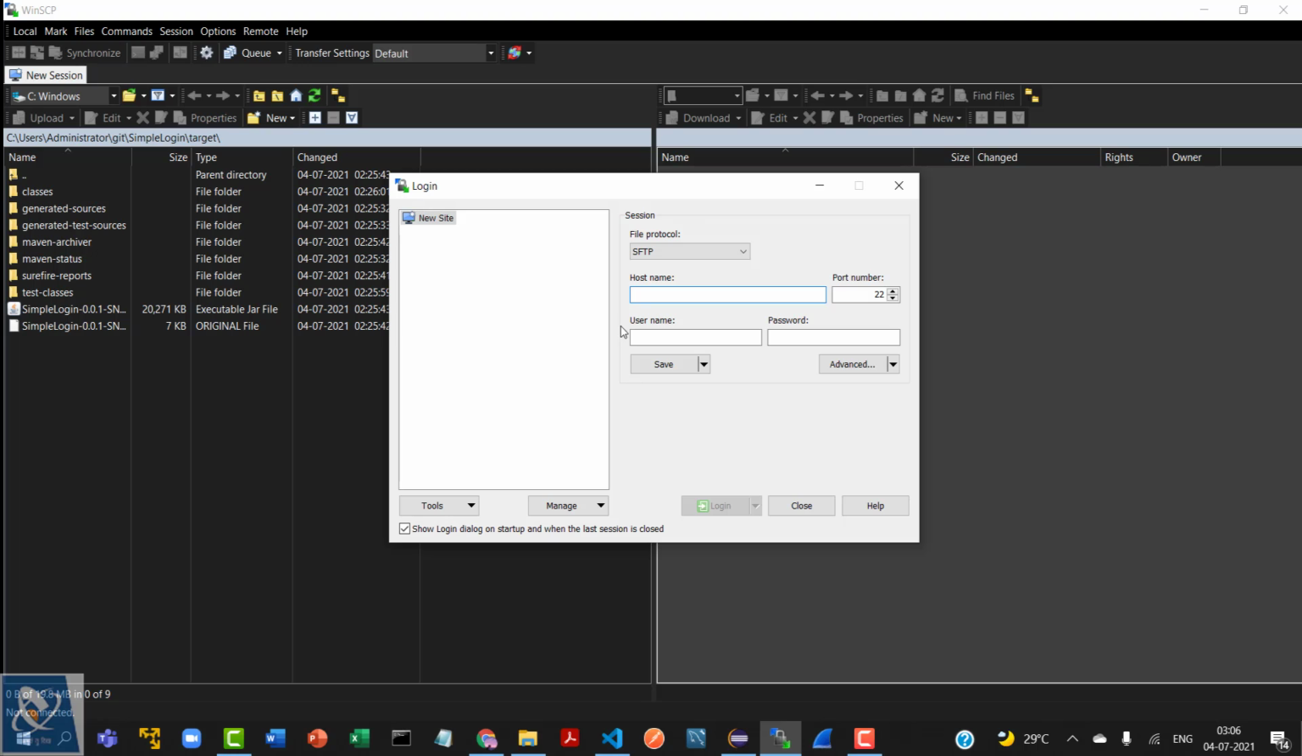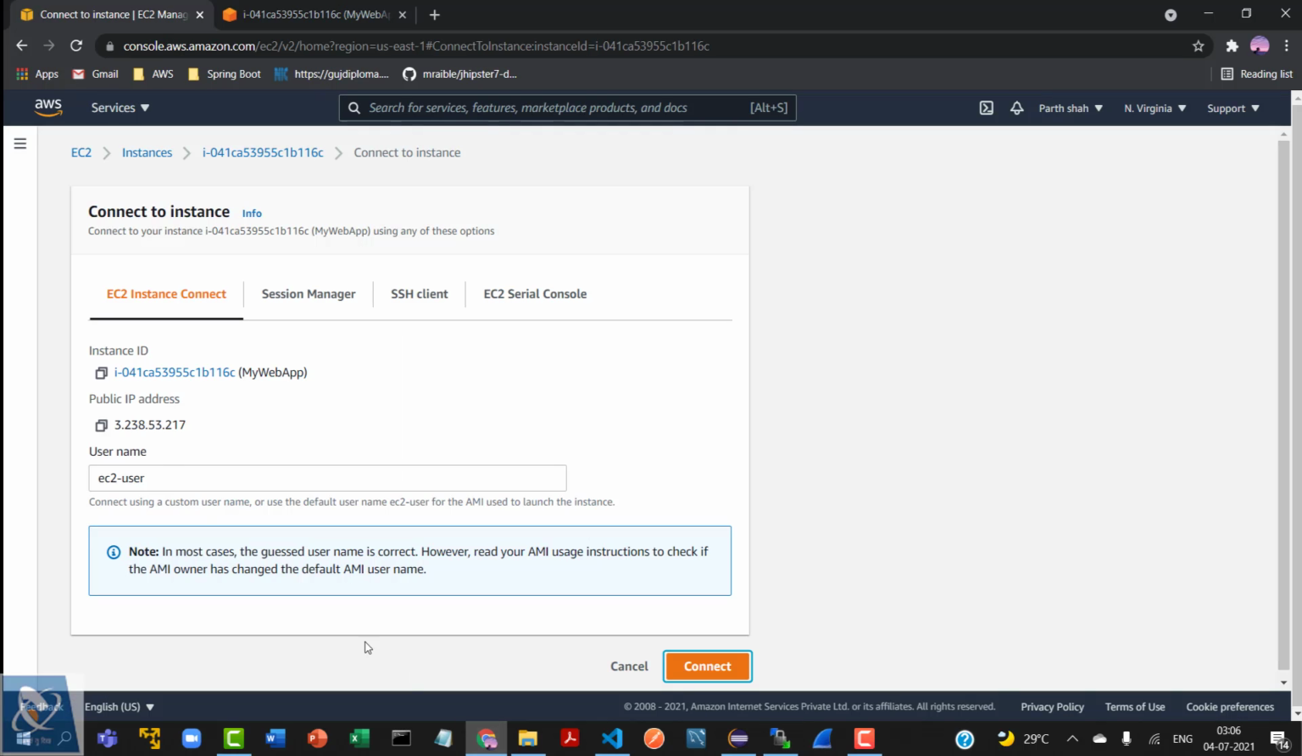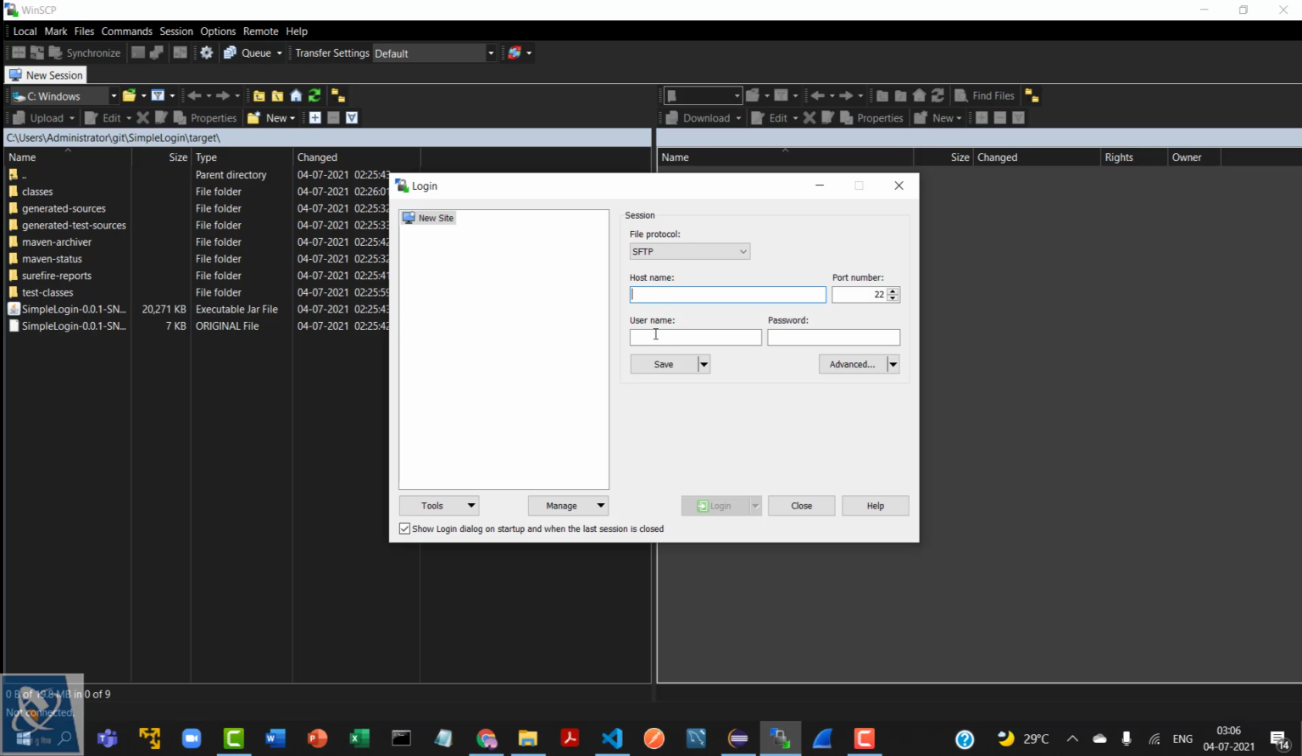It will ask for the host name of the AWS EC2 instance. That host name is nothing but the IP address of the machine. So let me find out the IP address. The IP address is available over here. You may be seeing a different IP address over here because I have just restarted my AWS EC2 instance. So I'm copying this IP address, moving to the WinSCP and pasting that IP address over here,